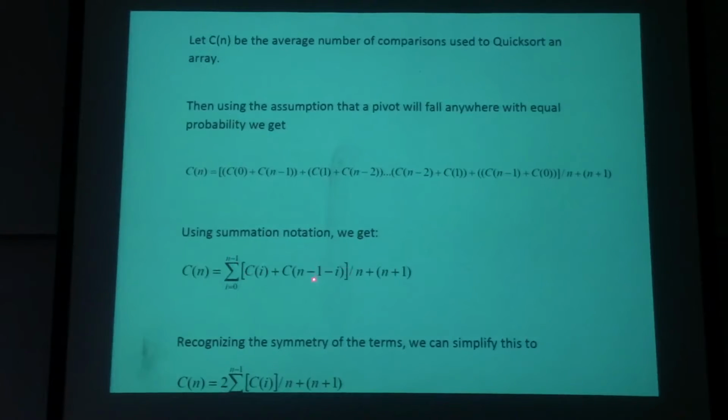In pairs, this one is going to be decreasing from n minus 1, starting at n minus 1, minus 0, then n minus 2, n minus 3, so that this is going to give us this. But we can also see that if you look at this, C0 here, the average number of comparisons of C0, which is 0, is the same thing as this C0 here. And Cn minus 1, the stuff on the left, when the pivot goes to the right,